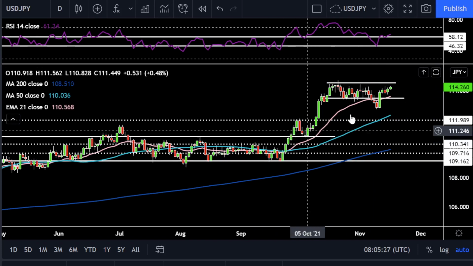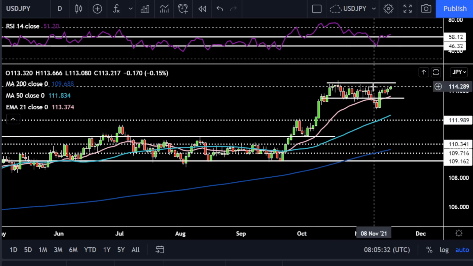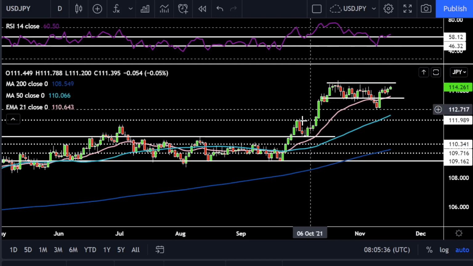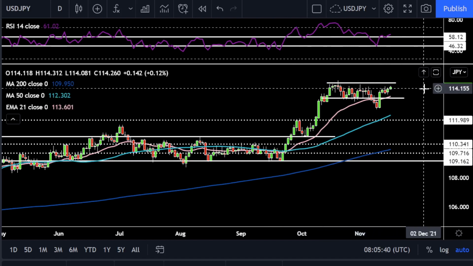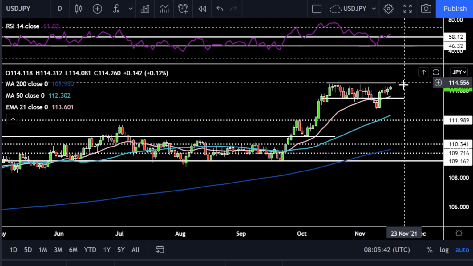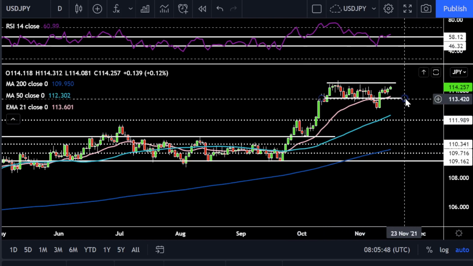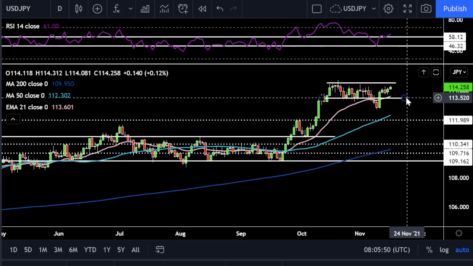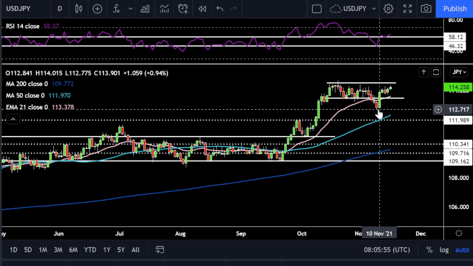They've been front loaded, and it does depend on what US 10-year yields do from here, how much higher they move. But a lot of these gains have been very aggressive, and I think we could see a bit of a range bound move unless US 10-year yields spark again, and then we'll see another breakout towards the top. 115 would be my target there, and on the downside I'd be looking around 113.5, this range support, and below there we've got the 50-day simple moving average,